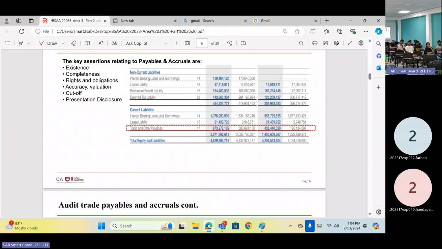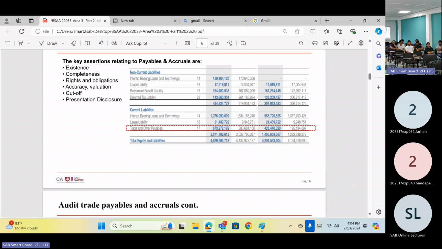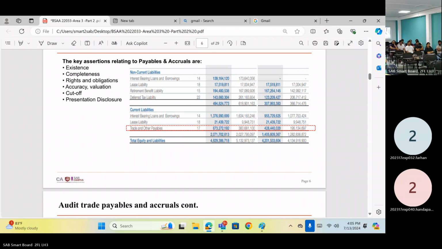Biological assets, or if it is an insurance company, reinsurance receivables, insurance receivables. So according to the company's nature, you may have a different set of assets, right? So as an auditor, we are discussing a general company. What are the assets we have? What are the procedures you can perform? If you have a right of use asset, according to SLFRS 16, you have to recognize the asset in the books, not like the previous standard,